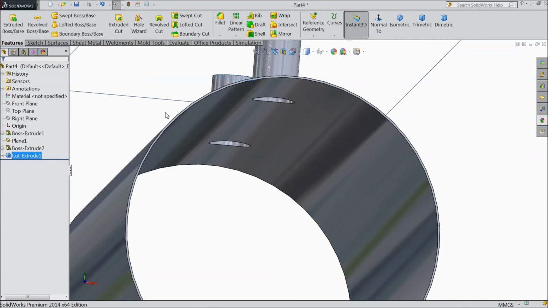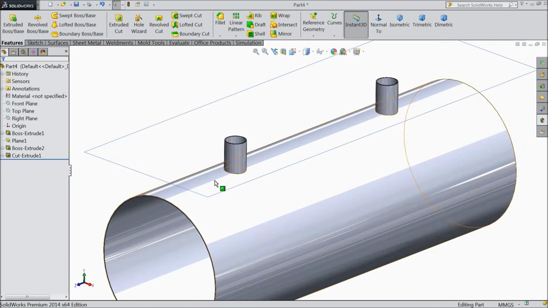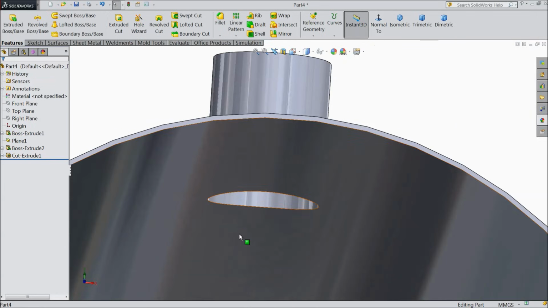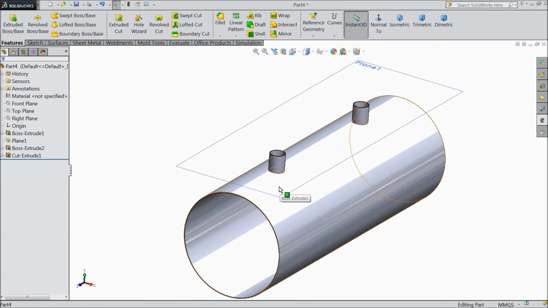Okay, that's it. Now we want to do some modification in this plane. This direction is too high, so we want to reduce it. 2830.0235. Now it's reduced.